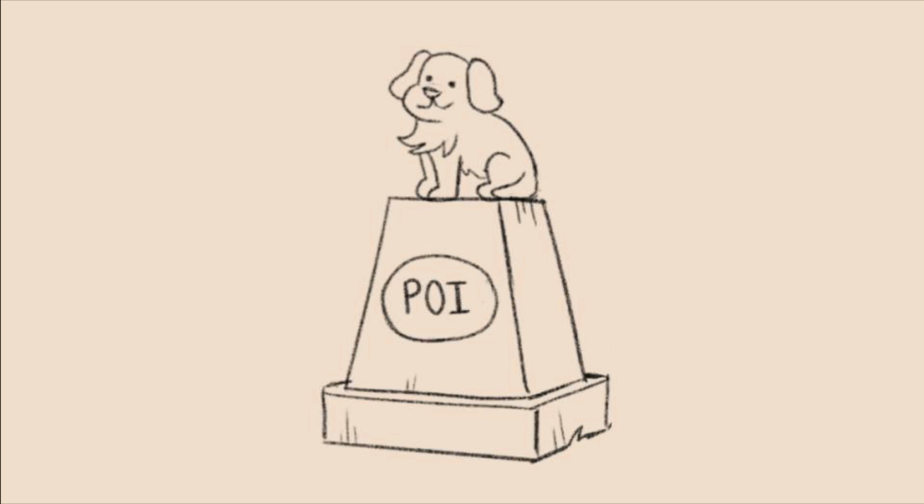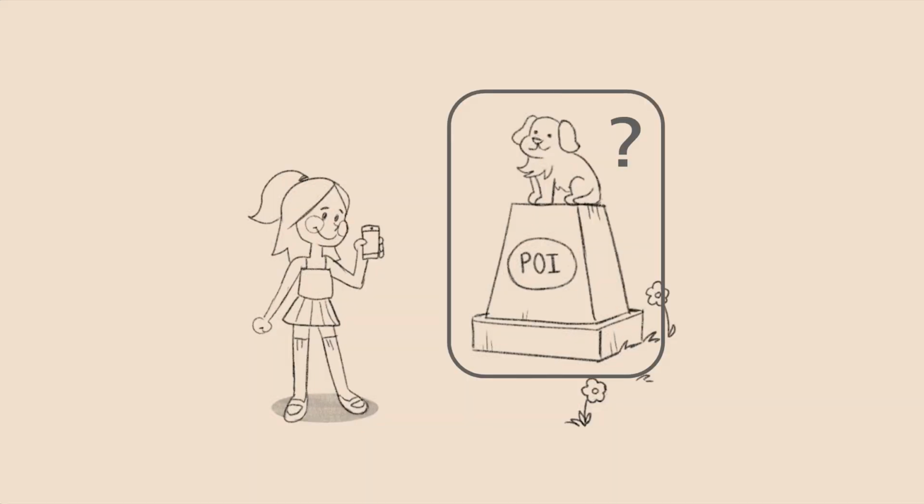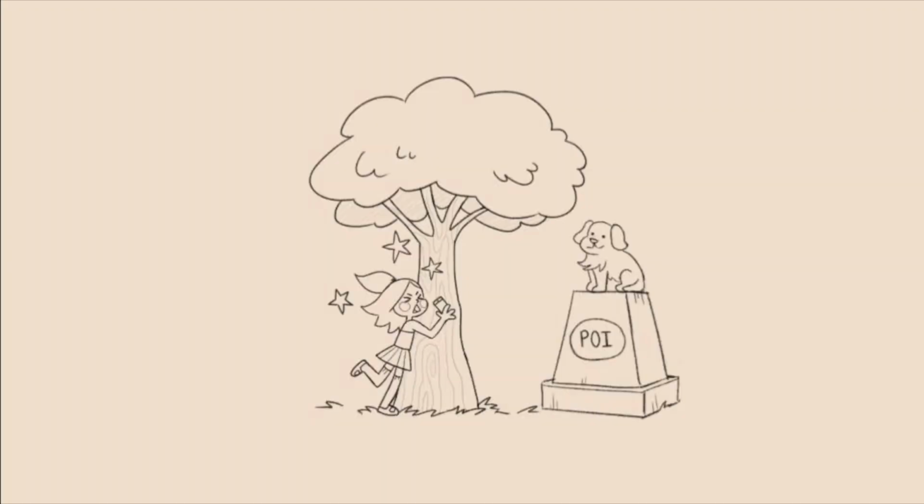Now picture this. You're travelling around the world and find a monument. Desperate to share this with your friends and family back home, you get your phone out to try your hand at scanning to produce a recreation for them. But you hesitate. How do you start? How do you get the system to recognise what you want to scan? How do you know you're doing well, and how do you avoid bumping into people, or even feeling awkward while